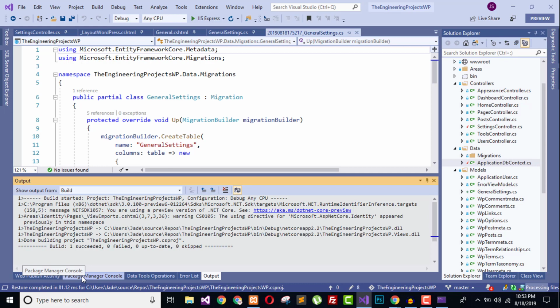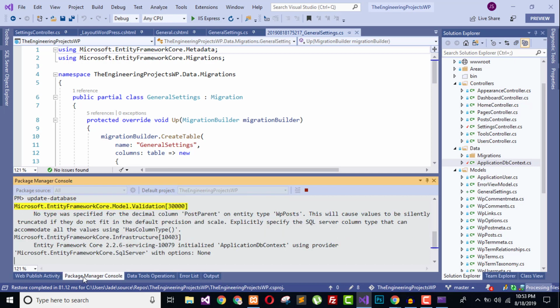Now you can click here and see the database is updated now. Go to here and now open this